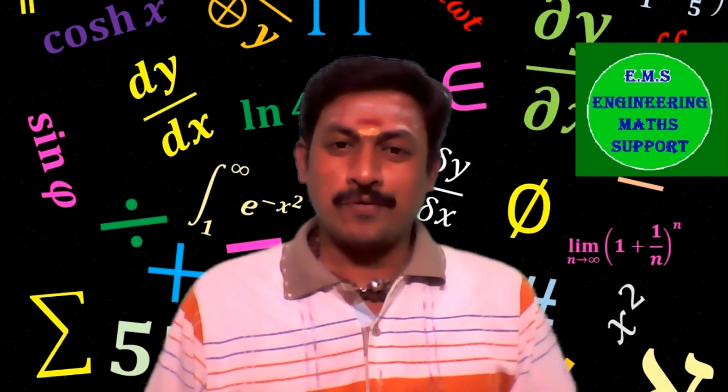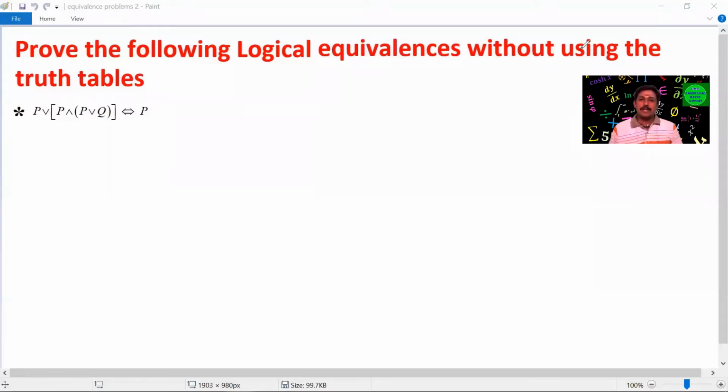Let's move on to the video. Prove the following logical equivalences without using truth tables. First problem: P or (P and (P or Q)) is equivalent to P. I'm going to take the LHS, P or (P and (P or Q)), that is equivalent to